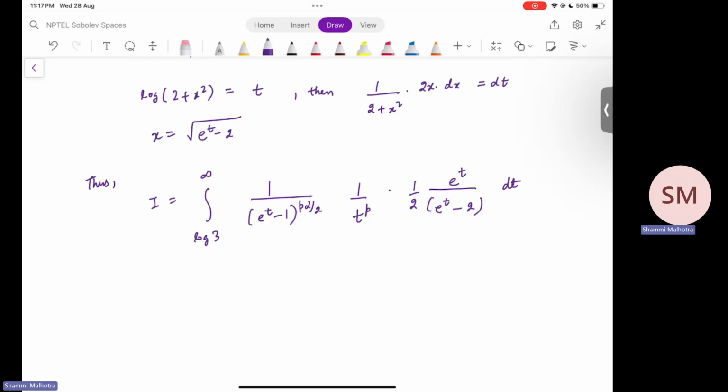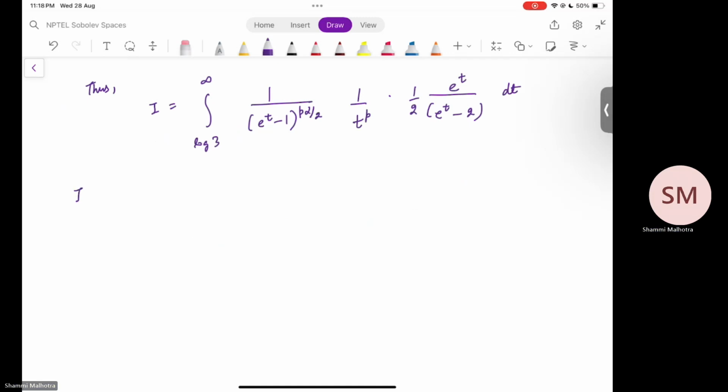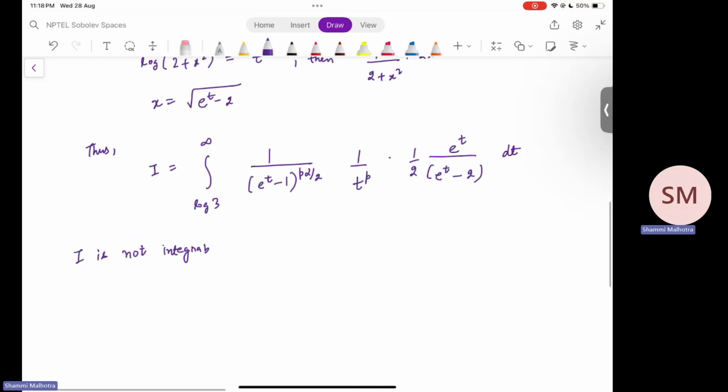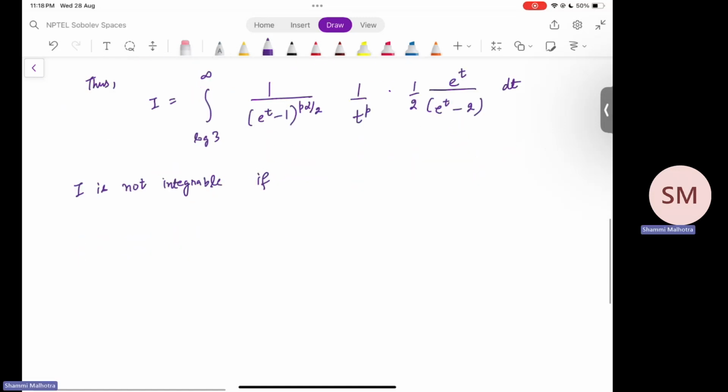Now next what we would like to see is that there is an exponential in the denominator, and since we have to only see the behavior at infinity, if by any chance the exponential has a positive power, then we may be in trouble, and this integral will definitely not be finite. So the first thing which we would like to have is that this I is integrable. One thing I know is that I is not integrable if